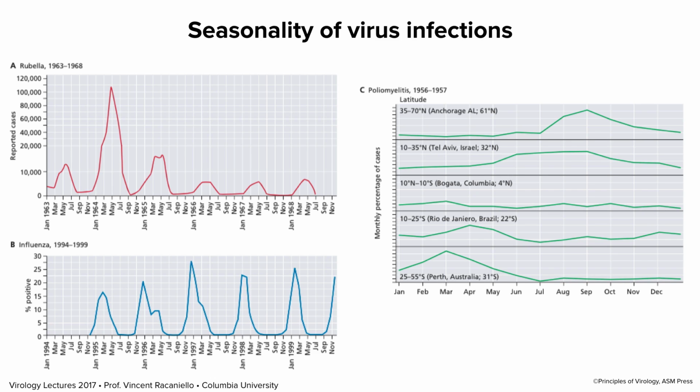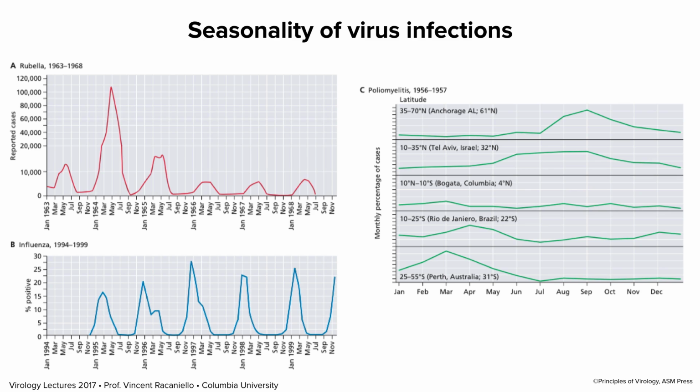Finally, the other issue that's very interesting is that virus infections are controlled by season. We see distinct seasonality in different virus infections. Rubella, for example, in the US, pre-vaccine, there were regular outbreaks at certain times of the year. These are different months of the year. You can see very seasonal replication. Influenza is, of course, in temperate climates, a wintertime disease. I told you the other day, this is the prime season now for flu. Even polio is seasonal. You can see, depending on the latitude, it occurred during different times of the year. Here in the US, it occurred in the summer months, but in other areas of the world, it was different.